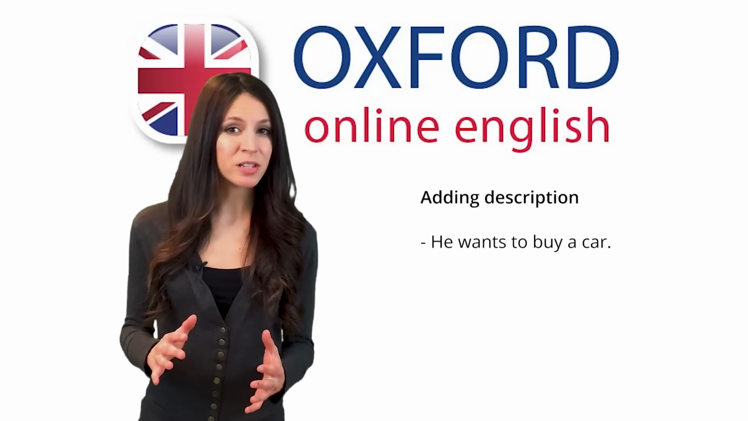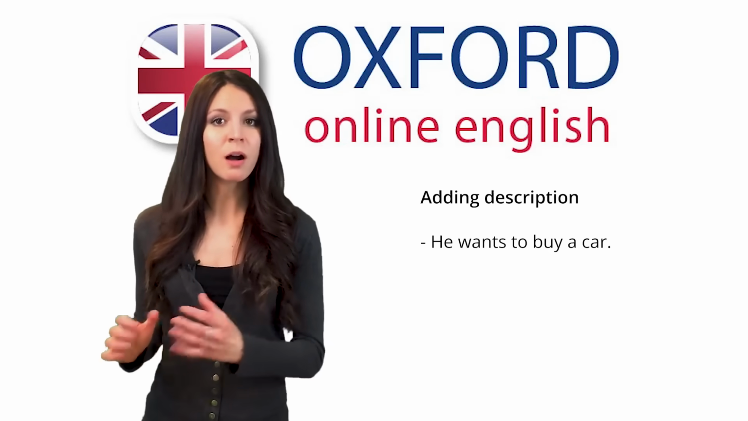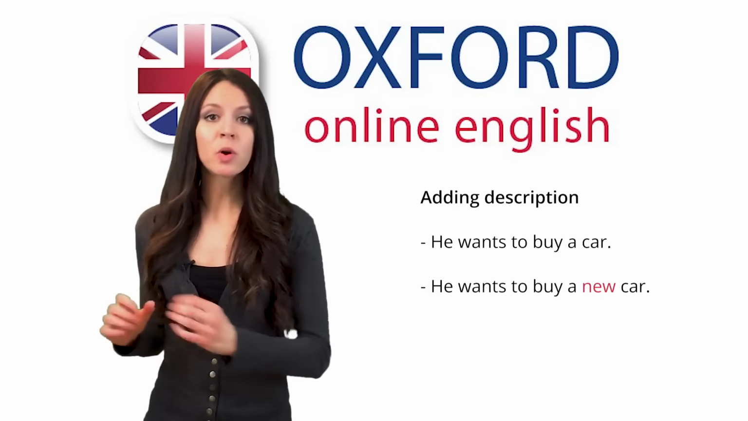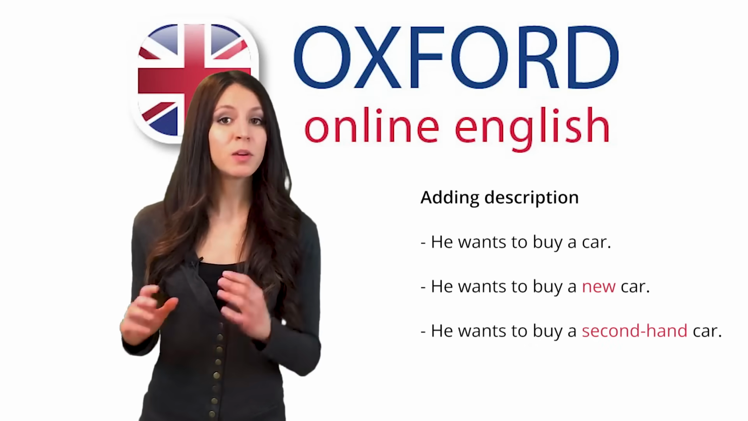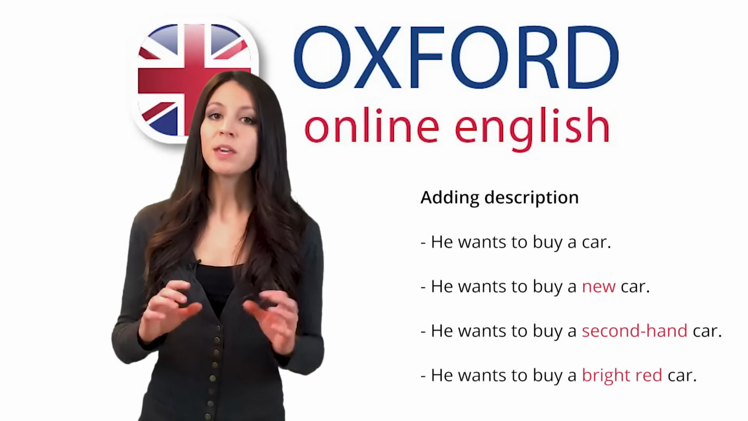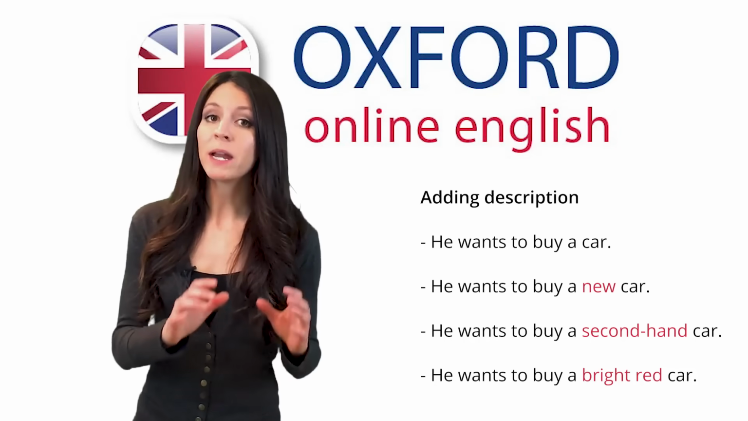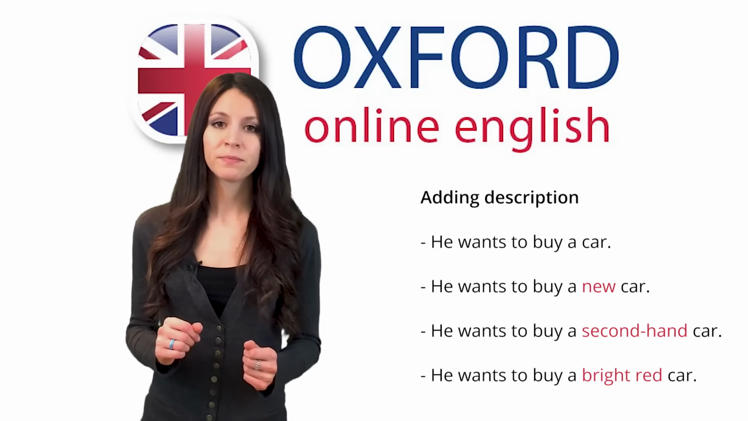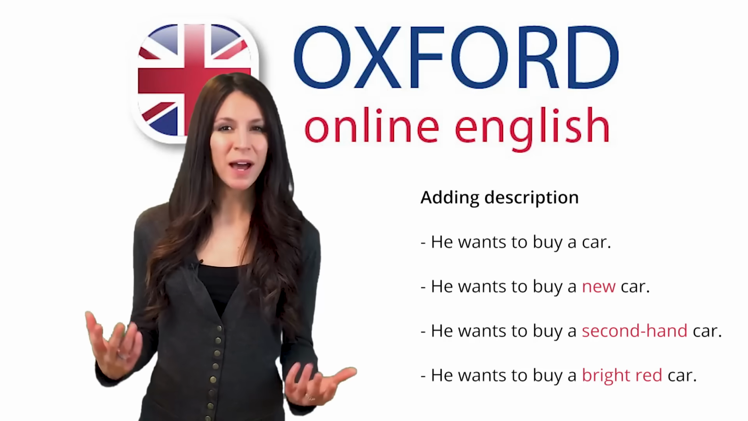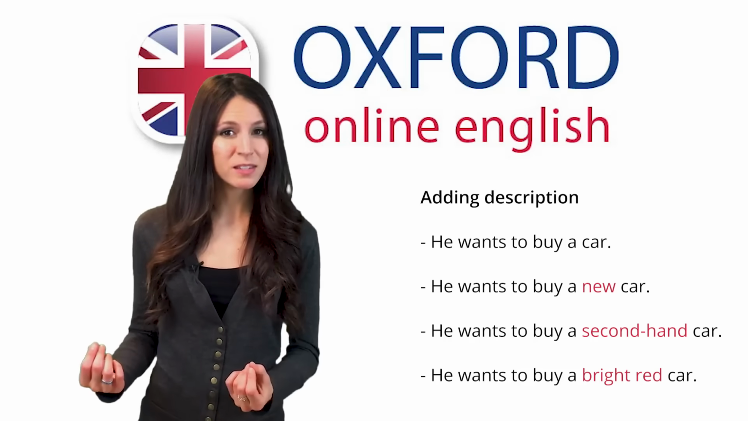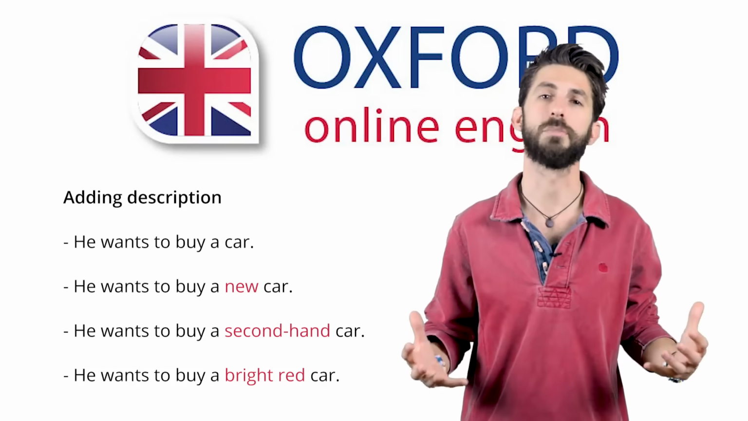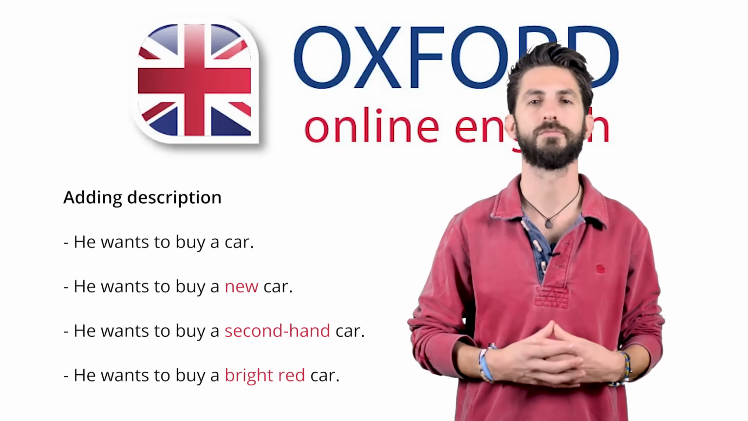You could add adjectives before the word car, like this. He wants to buy a new car. He wants to buy a second-hand car. He wants to buy a bright red car. What about adverbs? Could you add adverbs to these sentences to add some details? There are many possibilities. For example,